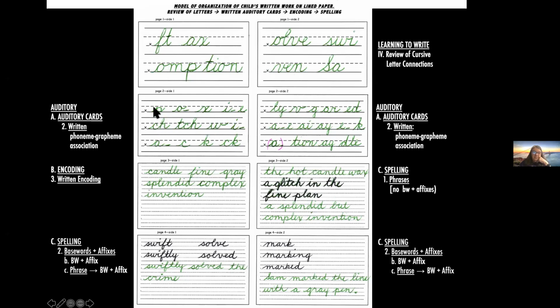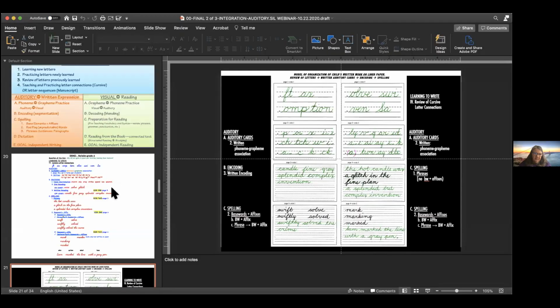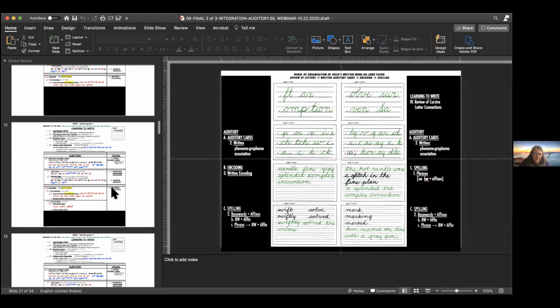Then the 3-line paper was used for the written auditory cards. Write what spells, write what says ah. And then we used the 5-line paper when we got to words. So this was on side 1, and this was on the other side. And so, I mean, that's no big deal, I just wanted you to know what I was talking about. No, where am I?